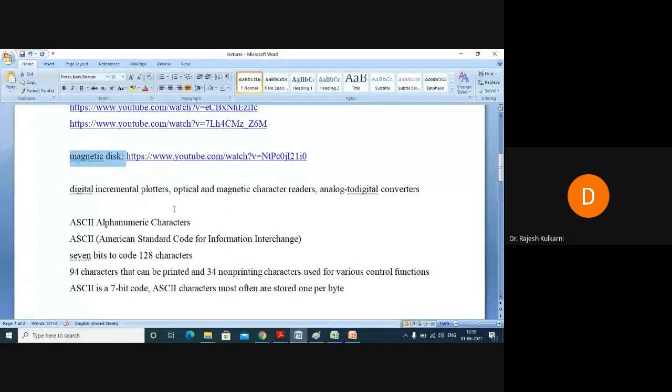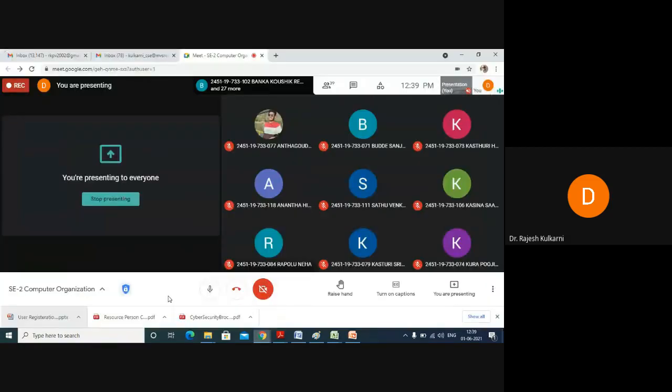Magnetic disk you are pretty aware of. Say for example, if I ask you which hard disk you use in your laptop, what will be your answer? General answer. Which hard disk do you use? Which are the popular hard disks according to you? Okay, this online session has created a new challenge. I was just asking you,